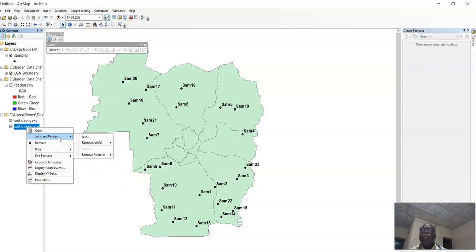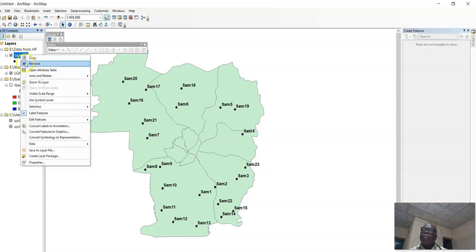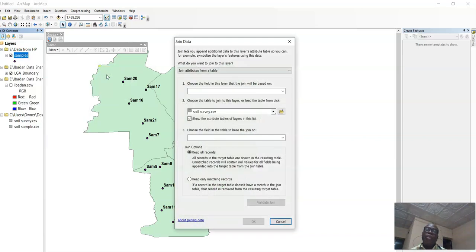You now say you want to join the data you collected, which you have brought in as CSV, with the sample data, that is the geographic data. Here you are joining the database with the spatial reference database. So what we are going to do is use one as a base. You select this and you right click. When you right click, you go to join and relate, and on the join and relate, you click on join.